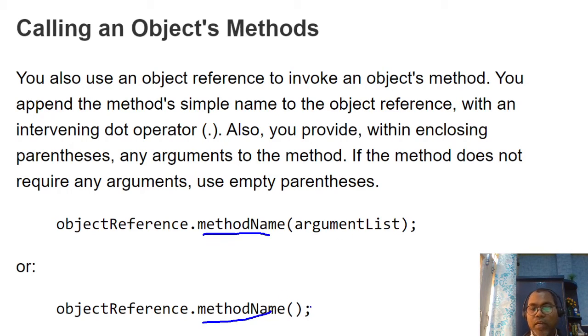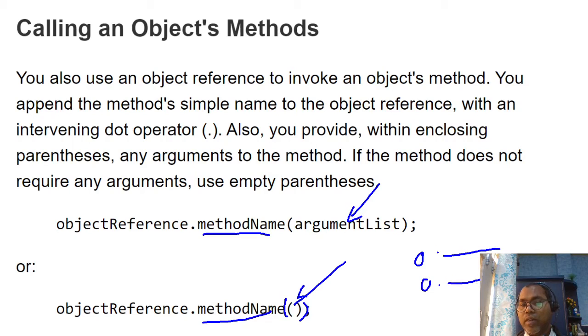So depending upon the method which you are defining inside your class, you can invoke this method. If the method doesn't take any argument, you have to pass opening and closing braces. And if your method takes some input argument, you have to pass your input argument. So this is the syntax: if you want to access your field, just dot and your field name. But to invoke a method, you write the object reference, dot, then your method name, then your opening brace and closing brace. That is the mandatory part if you are invoking a method. So this way this is accessing your field, and this syntax is accessing your method. Even if the method doesn't take any argument, we still have to pass a blank. If it takes an argument, you should pass your argument as well.